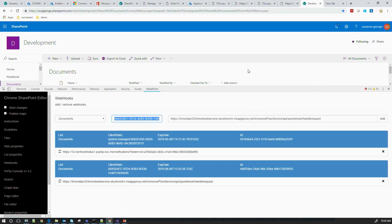So this is a SharePoint website up here, and we have all of our lists, and if I were to upload a file, our web service would be activated. And you can see, using the SharePoint tool in Chrome, that I have my webhook here. I'm going to go ahead and click Add. It says, hey, it added it successfully. So if I were to refresh the page,